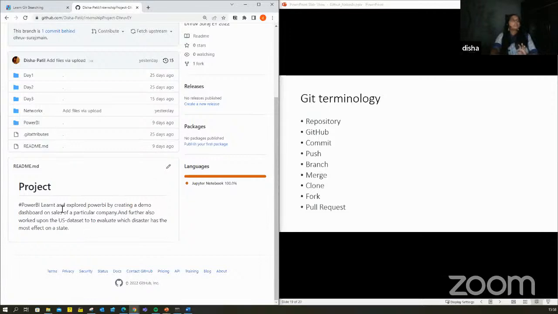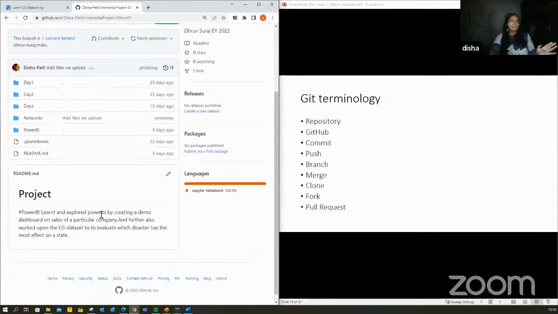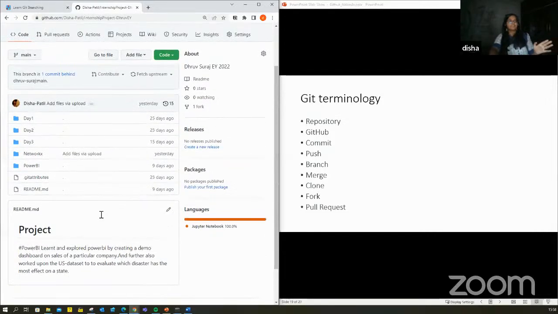Suppose this repository is basically about, so this is an internship project, and the readme is not written so well, but it has some Python code related to Power BI visualizations and some graph visualizations. Okay, so I'll write in my project that this is a repository for graph visualization using Python. So anybody who is interested in that, wants to collaborate or contribute to this code, can decide, okay, I want to look into this code, I want to contribute to this code or something. So it's an introduction basically.